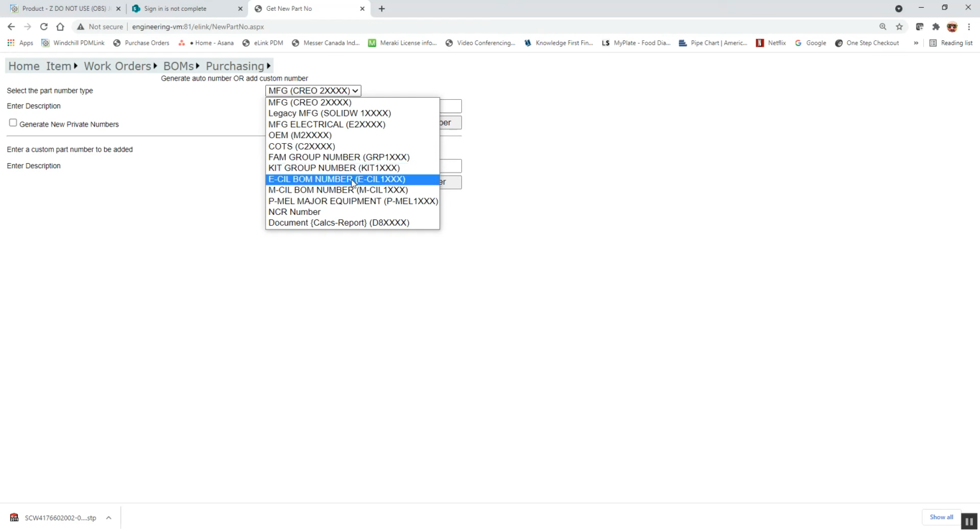We have electrical CIL part numbers, mechanical CIL part numbers, and major equipment list items. All of these 3 sections really are to be used by PREA or process engineering. So please don't generate any ECILs, MCILs, or PMELs because they're really bill of material lists that are defined out of QPS. NCR part number, we don't have an NCR system yet, but you can create a unique NCR number,